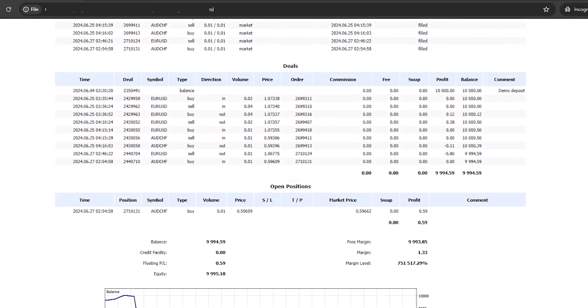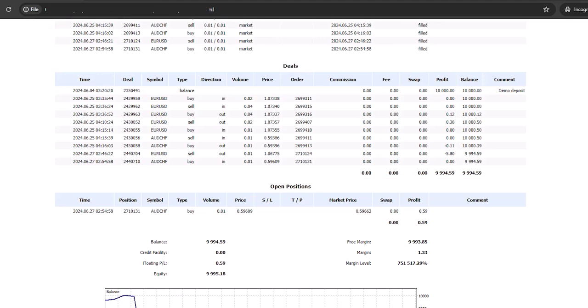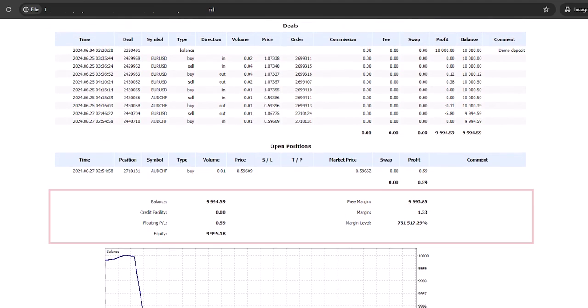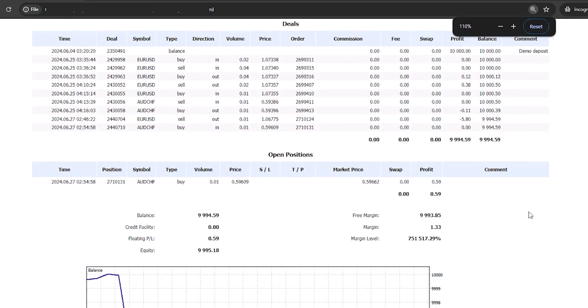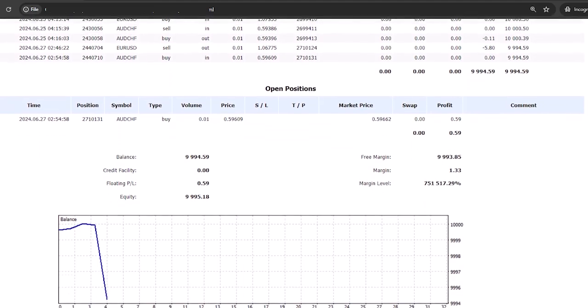Open positions. This lists all currently active trades that have not been closed, showing ongoing investments in the market. At the bottom of the report page, you can see a summary of your account statistics, such as deposits and withdrawals performed over a certain period, the profit and loss (P/L) of closed trades, and the floating profit and loss